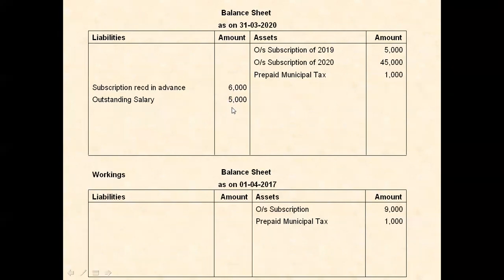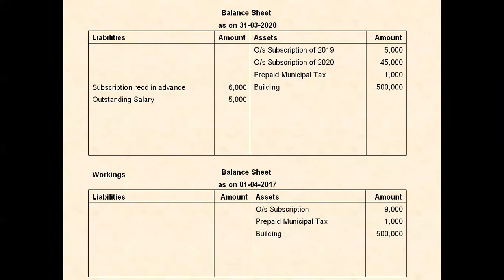Next adjustment is building stood in the books at rupees 5 lakhs. So this building will be written in the closing balance sheet also, because there is no depreciation and no additional purchase or sale of building. So as it is, that fixed asset which is recorded in the opening balance sheet is also recorded. Okay, so we have done with that third adjustment.